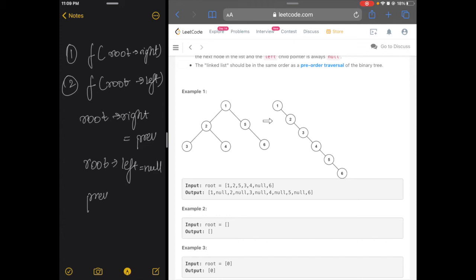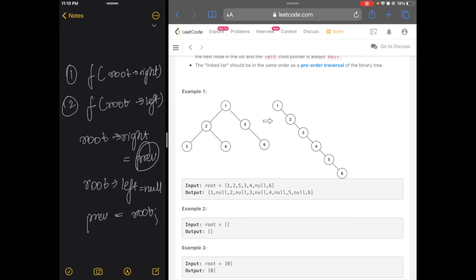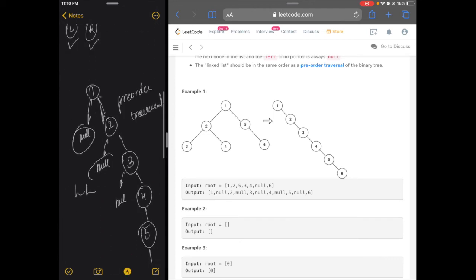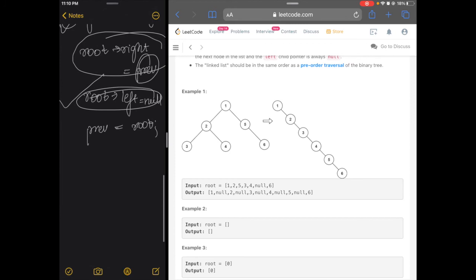And suppose previous is stored here, we store the previous as root, so that it is a reference for the function that we will be calling next. So first we have to go to the extreme right, then we have to go to the left, and then we need to make the root's right point to the last element that we visited, and left as usual null in this problem, because every time we have a node, the left is always null. And we will also be storing the previous into the root. So that's what we have to do. Let's just code this part.